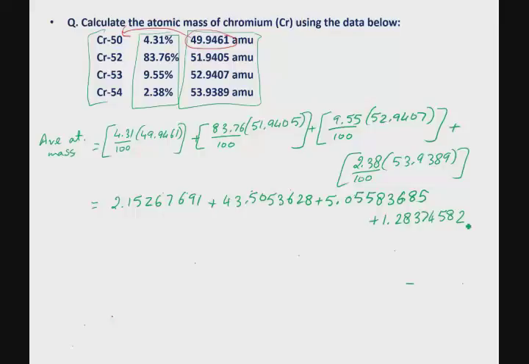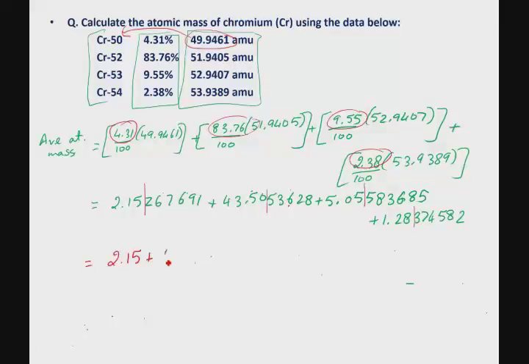So far, all we've done is multiply and divide, but the next one is going to be plus, which has a different set of rules as far as significant figures are concerned. So we do need to round at this stage. We do need to use sig figs and round. The first answer has to be rounded to 3 significant figures because of that. The second one needs to be rounded to 4 significant figures, the third to 3, and the fourth to 3 as well. So we need to round each of these to the correct number of significant figures, which gives us